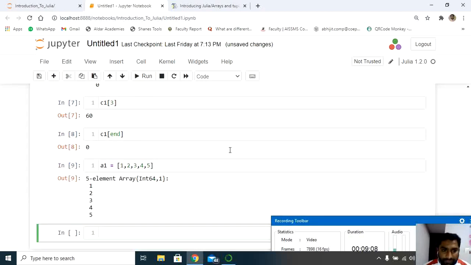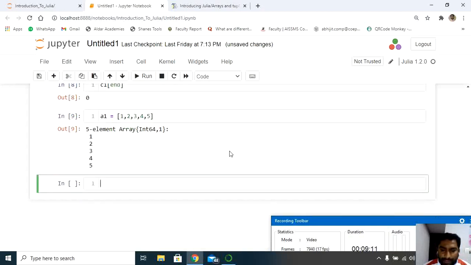In the same way, if you want to store the values using the concept of tuples, let's say my variable is T1, and to declare the values in tuples, we use the round brackets here. This is the major difference between the array and the tuples.